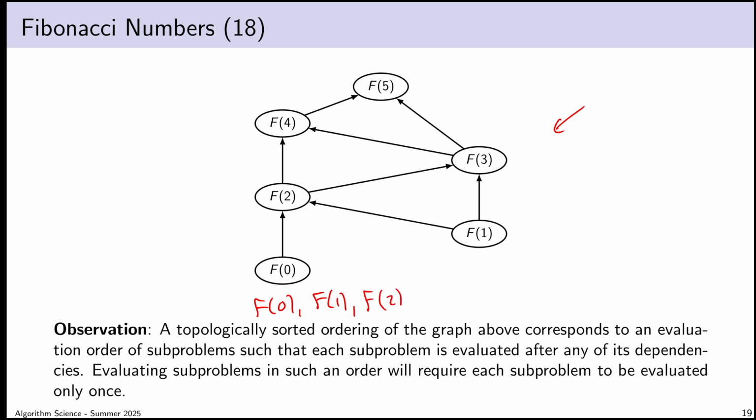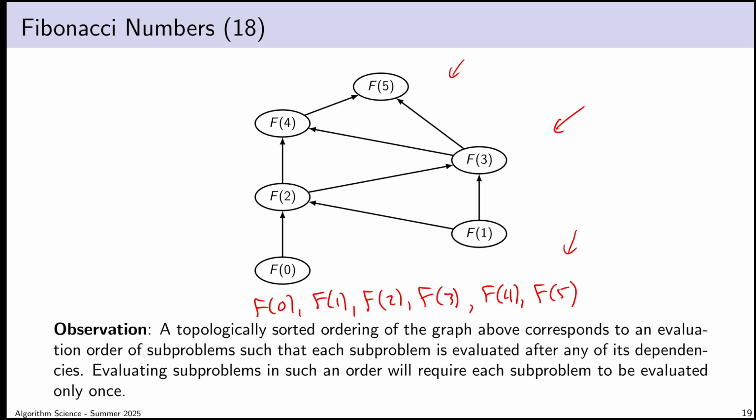If I just evaluate the subproblems in numerical order, that will be a topologically sorted ordering. And be careful, because it sort of seems like everything I just said is useless in that case. Why bother with this graph model if I could have done this all along? The key thing is I have a way of modeling my subproblems so that if I'm working with a problem where the subproblem breakdown is more complicated, I now have a modeling technique that helps me get to an efficient